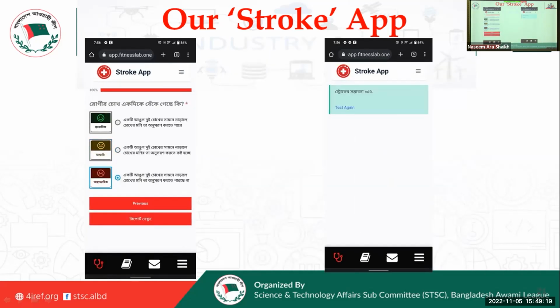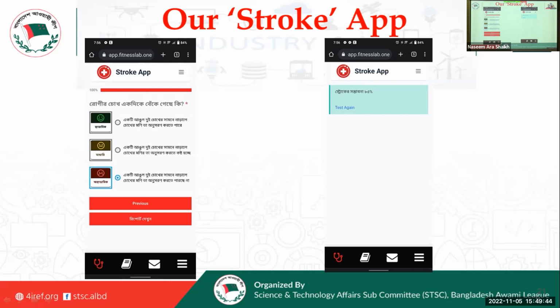So based on the clinical signs and symptoms, we can diagnose a stroke, and it is showing the result: stroke is showing 85%. That means the global consensus in stroke diagnosis is totally clinical diagnosis. No imaging, nothing else. First, you should go with the clinical symptoms. The symptoms will tell you, as there is already a globally established scoring system based on the symptoms,